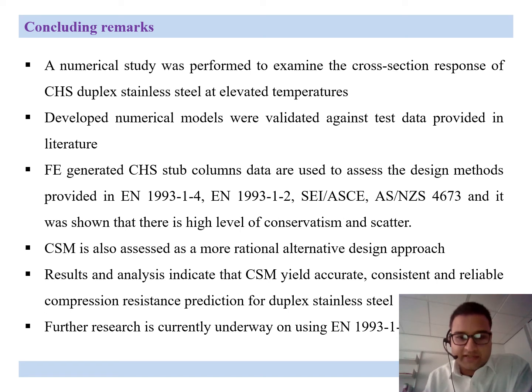CSM is also assessed as a more rational alternative design approach and indicates that the CSM yields more accurate, consistent and reliable compression resistance predictions for duplex stainless steel, and further research is also currently underway on using the design code of EN 1993 Part 1-2 and using the other 2 popular materials used in the construction industry being austenitic and